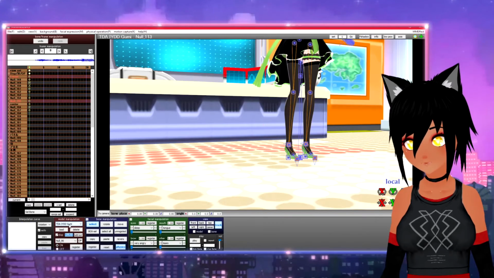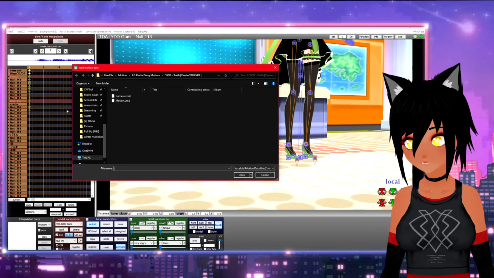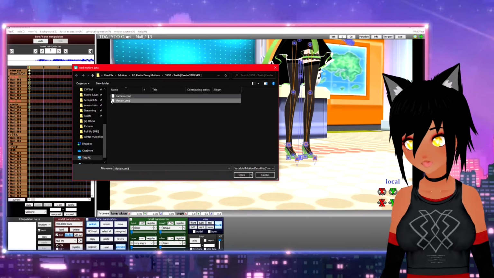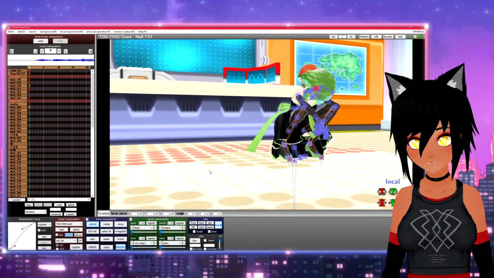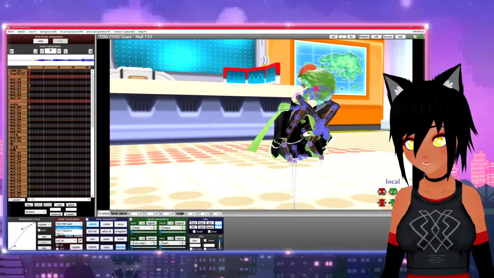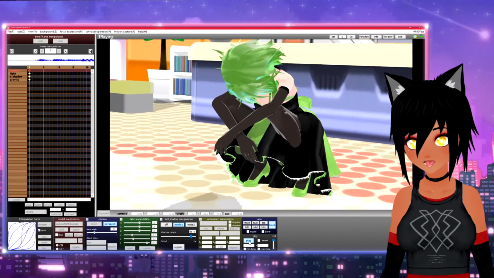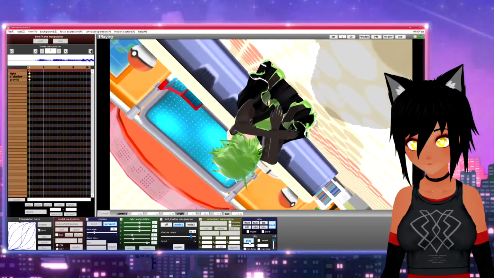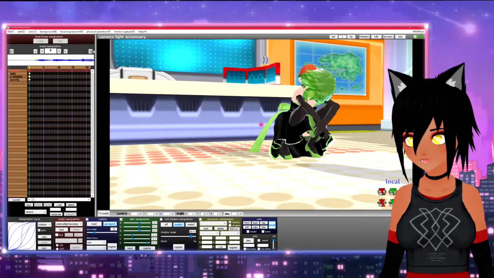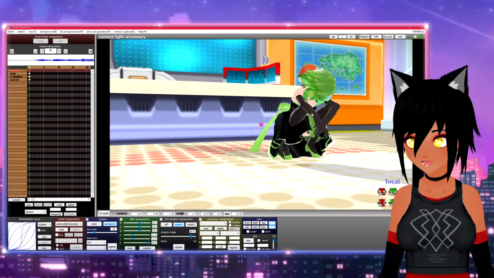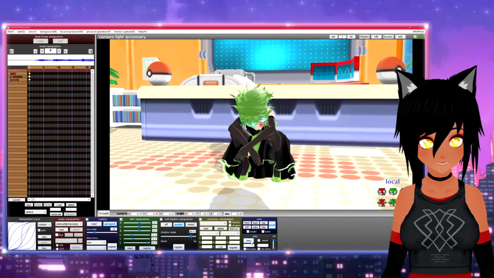Now I'm going to click on Gumi, and now I will load motion data, and I will load motion. Click OK, and boom. So now you click back to camera, and if you click play, you can actually see what's going on here. I have the music muted so that I don't get copyright. But yeah, so now we've got the motion, we've got the camera, and there you go.